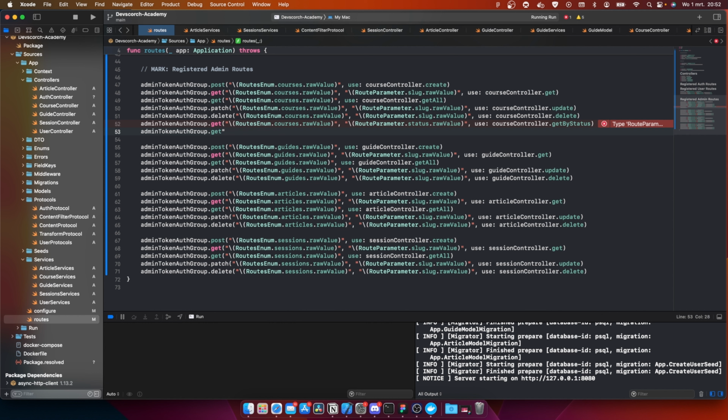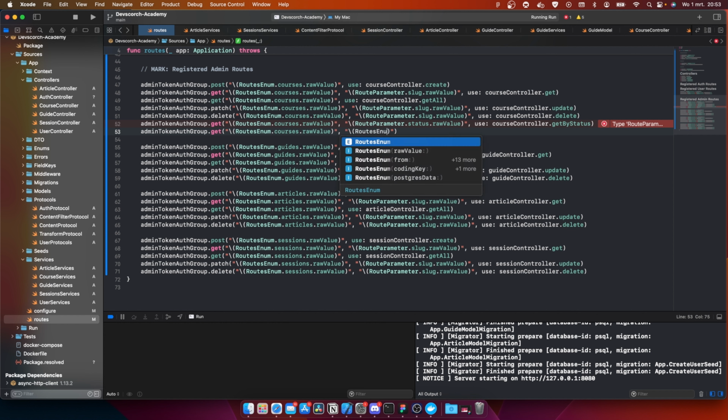Oh yeah, of course, we forgot the braces, just like this, and string, and then we have routes enum dot courses dot raw value, comma, then we have another string, and we can actually do routes enum dot search dot raw value,